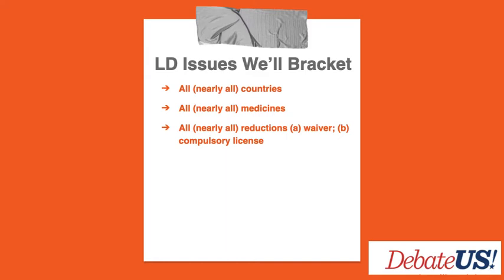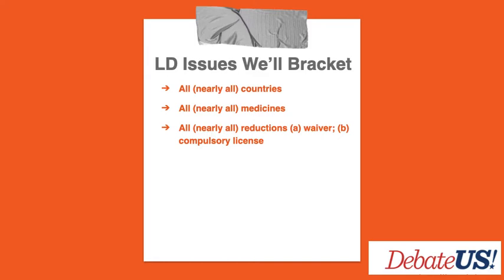So you could say, like, China should reduce the intellectual property rights protections of a drug. Okay, as we say, medicines, just reduce intellectual property protections of medicines. Can we pick a particular drug? So China maybe has a patent on a particular HIV drug, and we ask, is it fair for the affirmative to say China should reduce intellectual property on that particular drug? And then, as I just mentioned, there are differences. There's like a waiver. We can say there's no intellectual property.